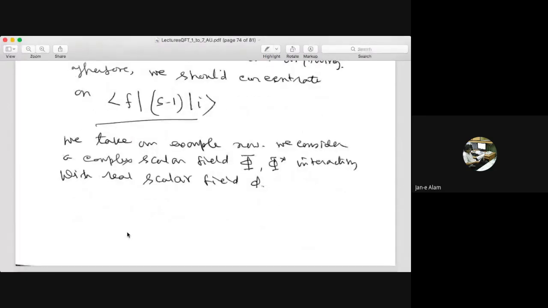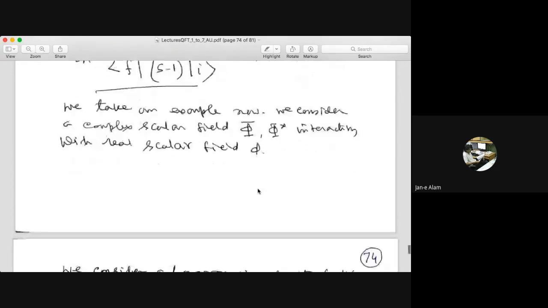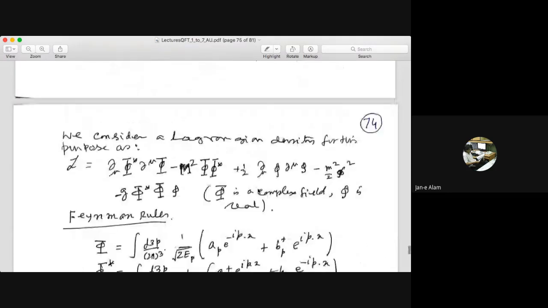Now let me take a very simple example. You have a complex scalar field denoted by capital phi and phi star. Please note, today I am introducing new things. Capital phi and phi star are complex fields and they are interacting with the small phi. So now the total Lagrangian for such fields will be del mu phi star del mu phi minus capital M square phi phi star. This is the free Lagrangian for the capital phi complex field,